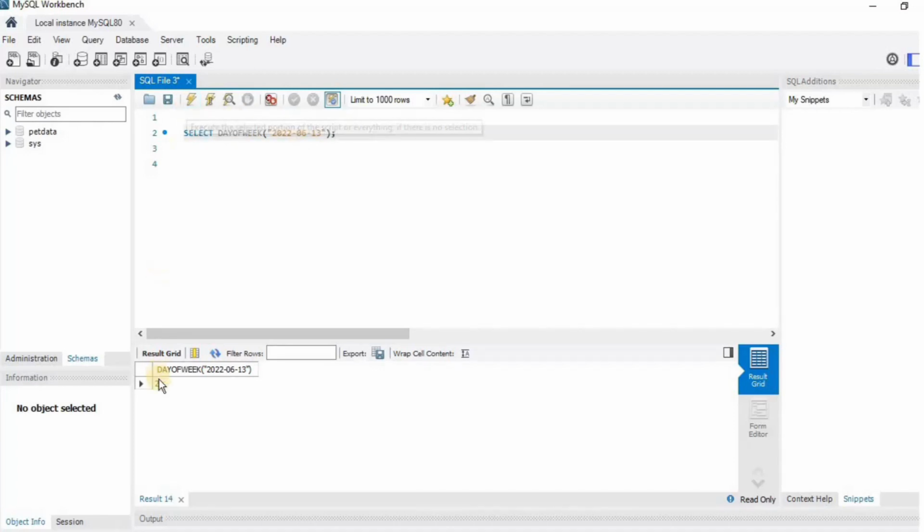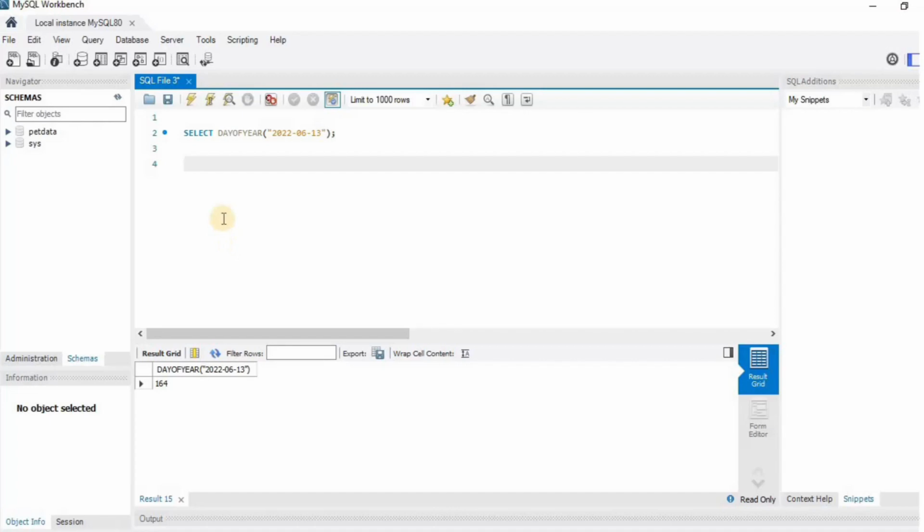Let's execute it and it is going to show me that it is the second day of the provided week. Similarly, you can also use the DayOfYear function on a particular date to get the day of the year. Okay, let's execute it and you'll see that it has given me that today is the 164th